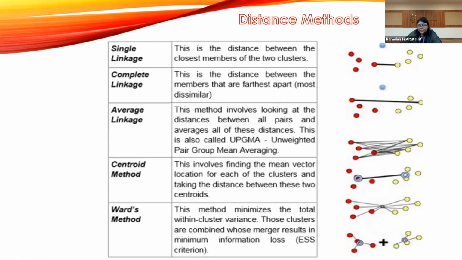And the last one is the Ward's method. The centroid method and the Ward's method are the 2 common methods readily used in SPSS for doing our calculations. The Ward's method minimizes the variance. That means within a cluster, it minimizes the distance. Suppose it takes the first red object and the second red object and finds the variance. The lowest variance is the one it will consider; it will not consider the highest values. With this red color, it will find the variances with the other 3 red ones.